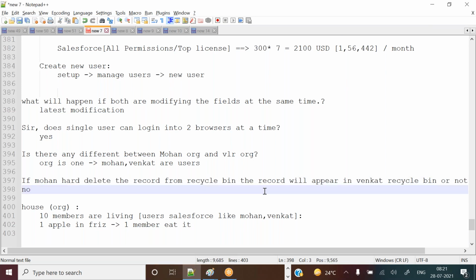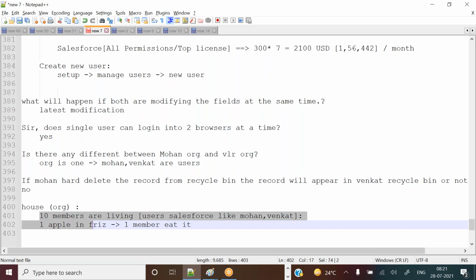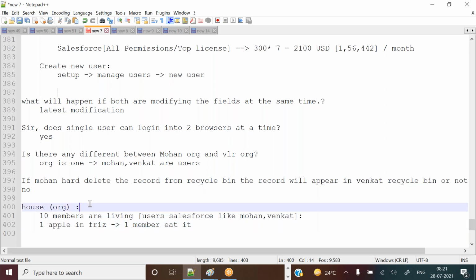Okay, so that means what? Resources are common for all the users. If any user changes one resource, that will reflect to all users. It's a good question, but you need to understand properly. If any user changes any one resource, that will reflect org-wide, which means it will be seen by all users.